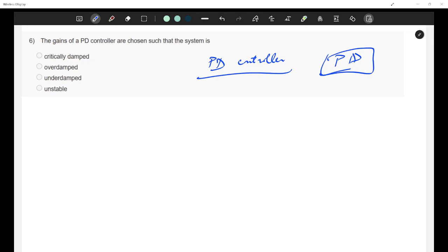So in this case, the gains of a PD controller are chosen such that the system is... this is our question. Okay, let's talk about the PD controller. It is basically used to improve the stability and response speed by adjusting the proportional and derivative gains Kp and Kd. The goal of tuning these gains is often to achieve a critically damped system, which ensures fast response without oscillations. Because what happens